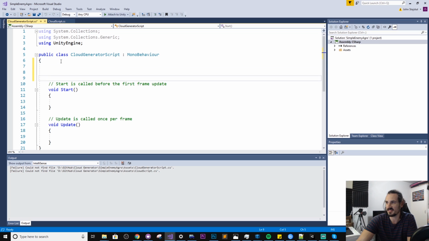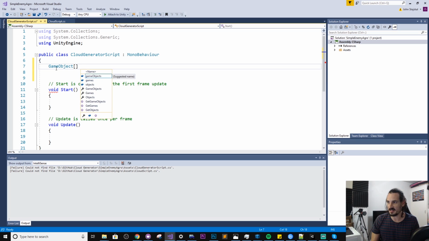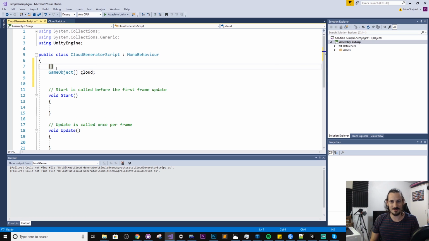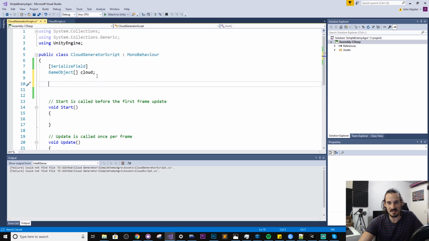So we'll start by defining a few properties at the top here. The first one we'll make of type game object, and we'll make this an array. If you guys aren't familiar with arrays, this is pretty cool. And those of you who are will be like, it's not so exciting, it's just an array. But the people watching these videos are of different skill levels, so I have to try to make content for everyone. So we'll serialize this field